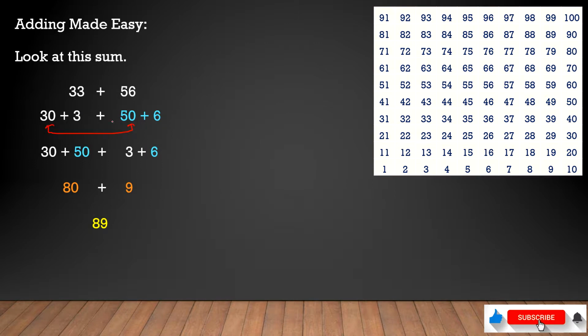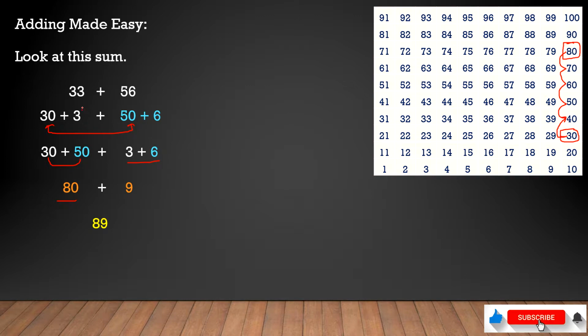So let's add 50 to 30, or 30 to 50, it will give the same number. So we'll start from 30 and we'll keep moving by 10. If we move 10, we get 40, 20, 30, 40 and 50. So if you add 50 to 30, we'll reach 80. So that's how you can add, and here you see we reach 80.